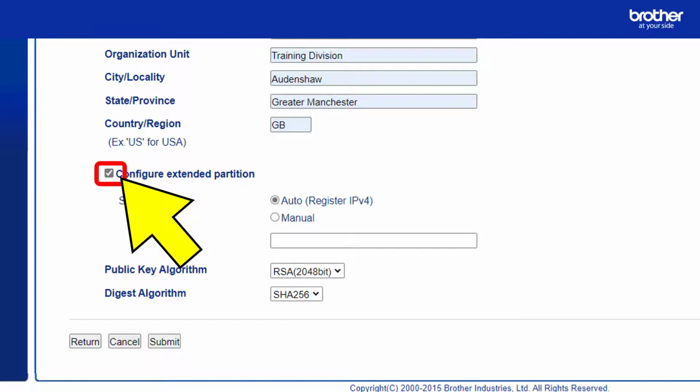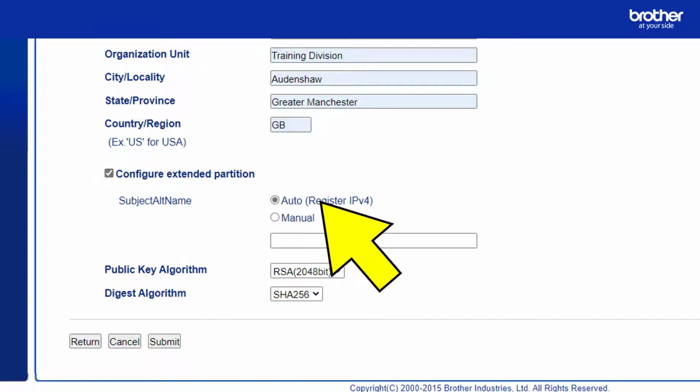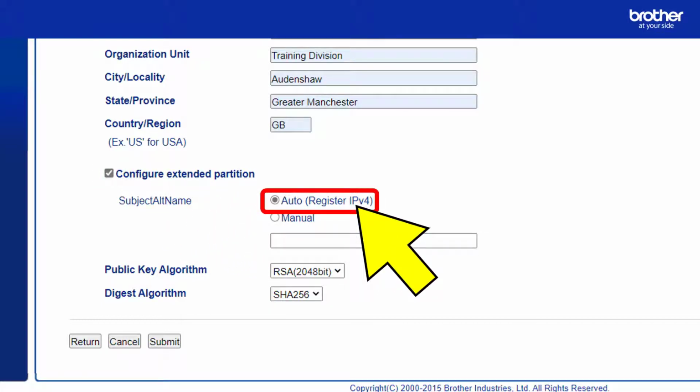This is where you can assign the certificate with a secondary identity. I am going to select the option Auto Register IPv4 so that its secondary identity is the device's IP address. This means you can either use your device's IP address or the certificate's common name to create the SSL encrypted print queue to your Brother